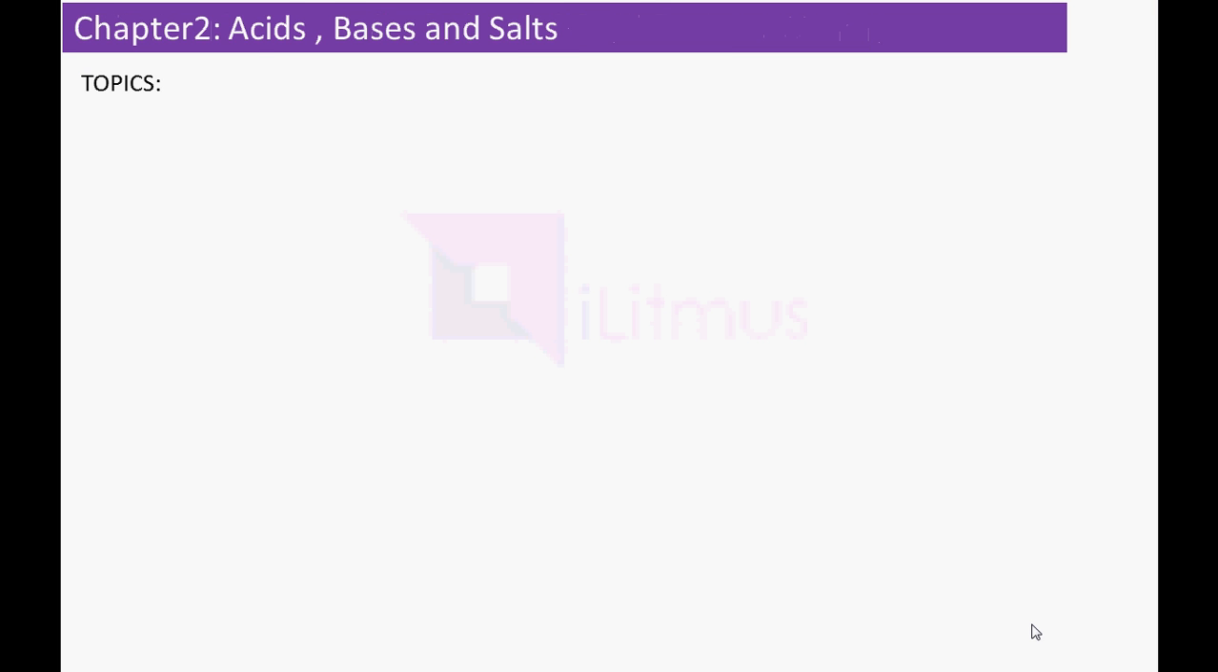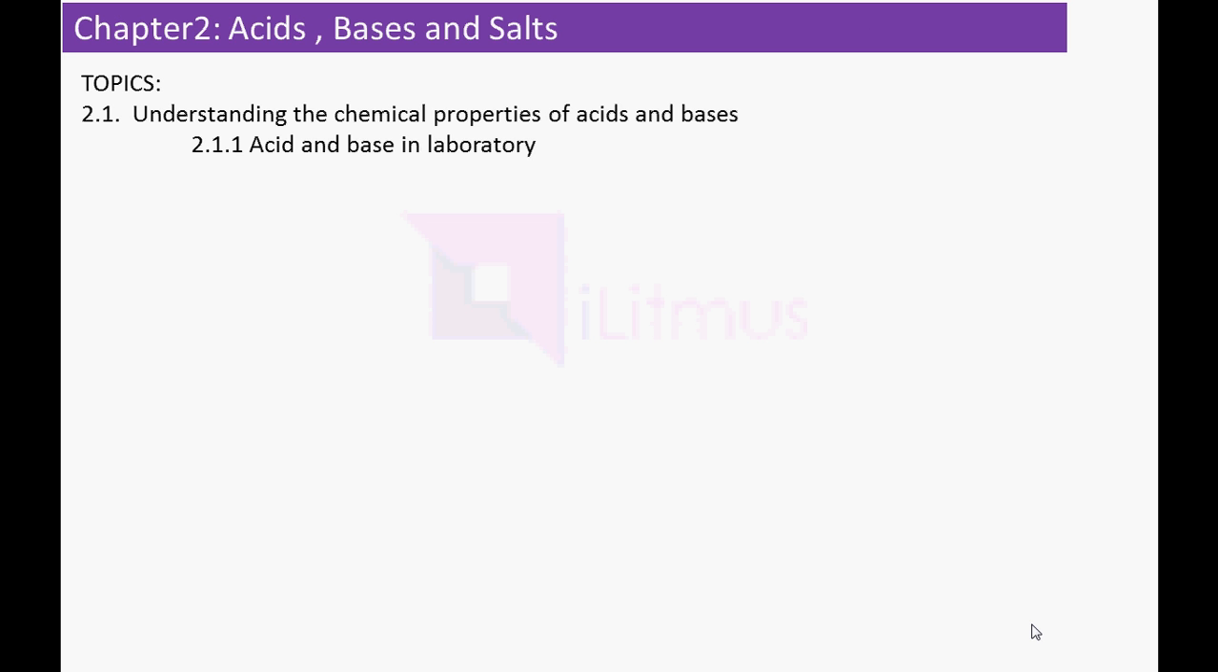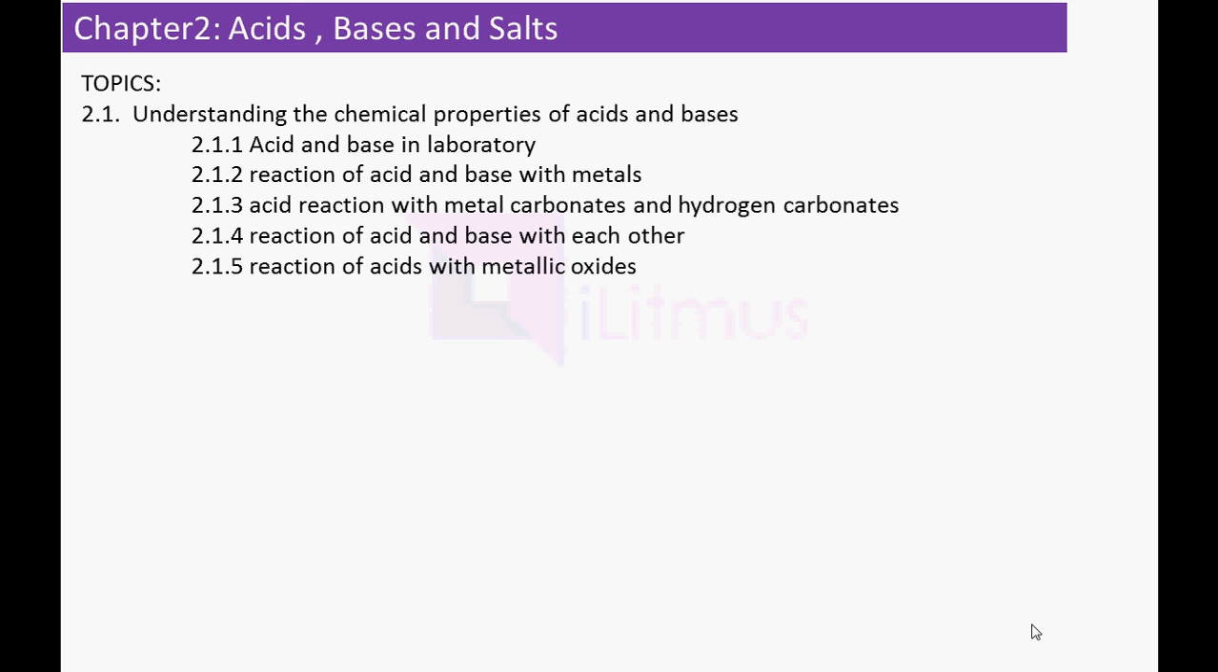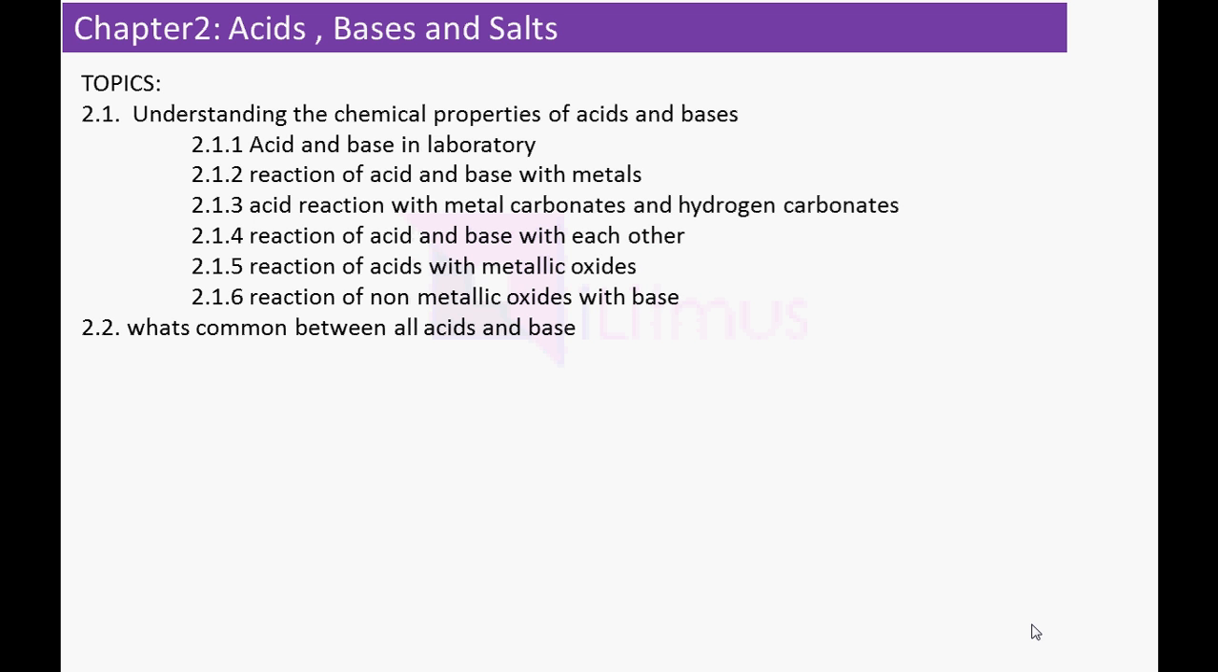So what are the topics under that which we are going to discuss? Understanding the chemical properties of acids and bases. Then acids and bases in the laboratory, how we'll try to understand a little bit more about that. Then reaction of acids and bases with metals, acid reaction with metal carbonates and hydrogen carbonates, then reaction of acids and bases with each other, reaction of acids with metallic oxides, then non-metal oxides with bases, what is common between all acids and all bases,